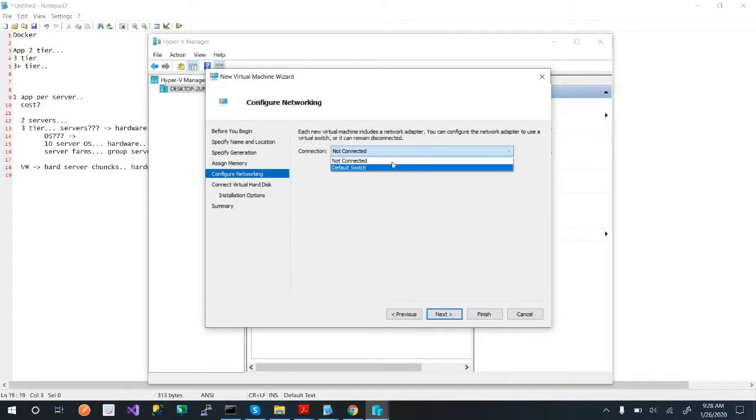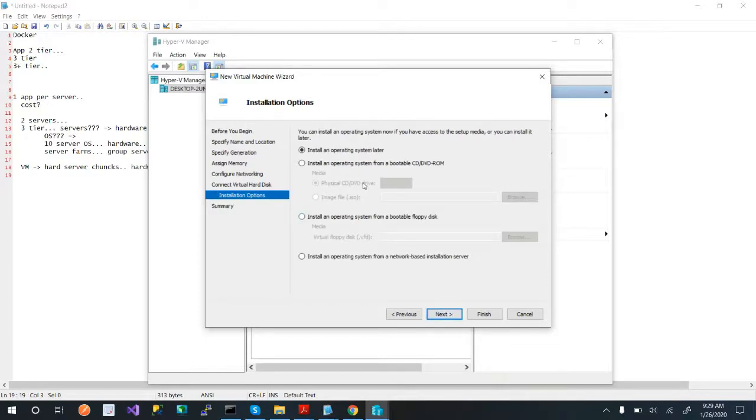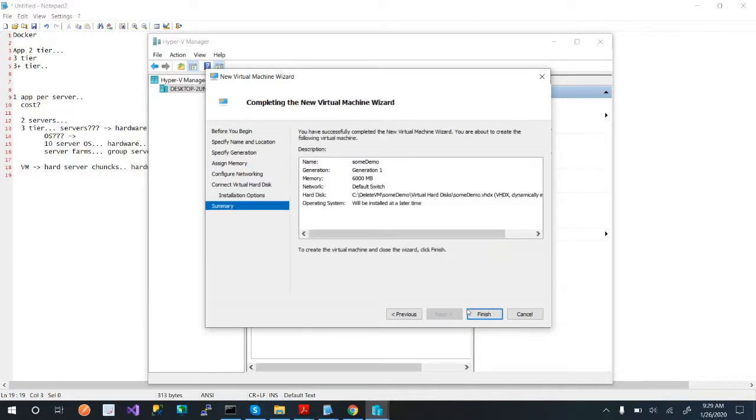Now, here, I didn't set up a switch. You'd have to go over here and set up a virtual switch. But let's just pick default. When you set up a virtual switch, it knows what physical net card it wants to use. Now here it wants to know about my hard drive. Well, yeah, that's fine. But let's go ahead and just say use 5 gig. Well, I don't think I can do that. I have a terabyte. So we'll say, you know what, I do, but I have other stuff on here. So let's use, you know what, fine. Let's just see what happens. Next. Now it wants to know about my operating system. Now I'll install this later because I don't really have one. And then I'm just going to say next and finish.